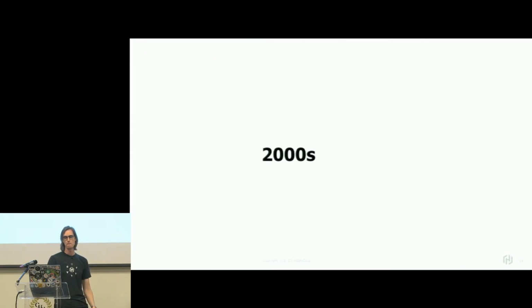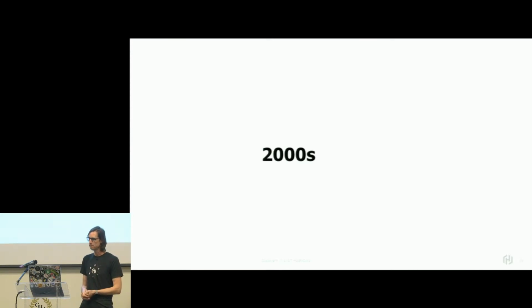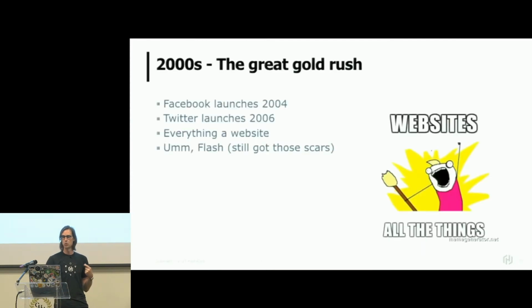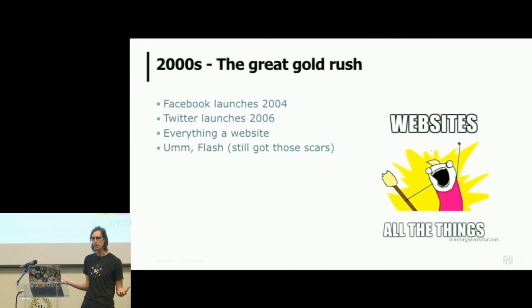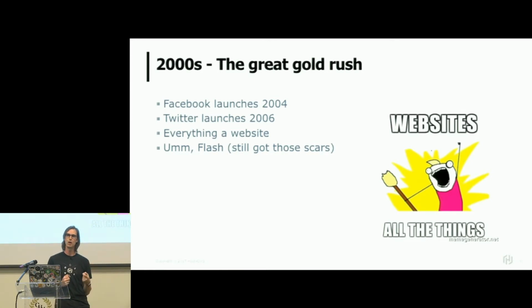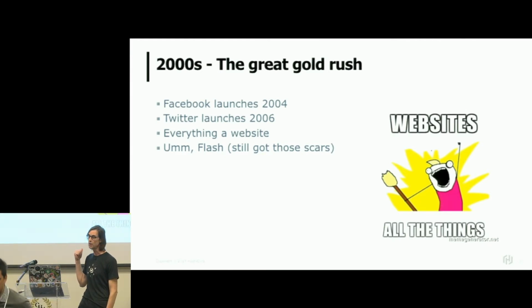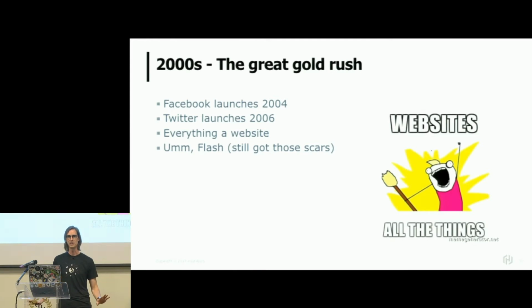So the 2000s. Another period of major evolution. This was the decade when writing software became cool. We had this great gold rush again, which unfortunately ended up in the bubble bursting, but we had some really interesting companies spring up that did a hell of a lot for our industry. So Facebook was launched in 2004, Twitter in 2006. Everything had to be a website. We also had Flash, but I'm not going to talk about that because I'm still in therapy. But